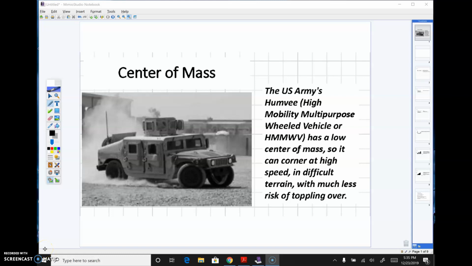Hi, physics students. Center of mass is a very important concept in physics and engineering. Many times we can drastically simplify a problem by letting all of an object's mass act at that object's center